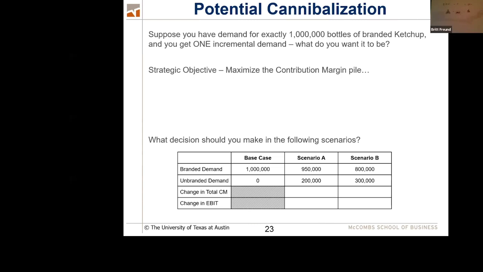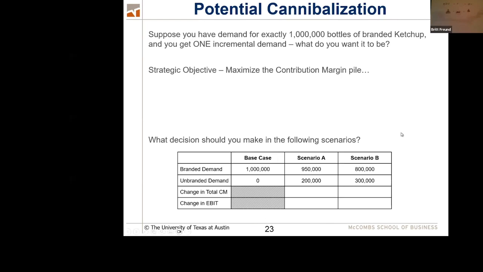That's $100,000 we didn't get to put on the pile. But what did we get to put on the pile? $200,000, $1 contribution margins. So if you lost $100,000 on the contribution margin pile, but you added $200,000, don't you agree that's a net $100,000 on this contribution margin pile? Don't you agree that means your EBIT just went up by $100,000? Does it matter how you account for all this in the accounting department? Does it matter what was allocated fixed cost or anything like that? Does any of that matter? Not even at all.